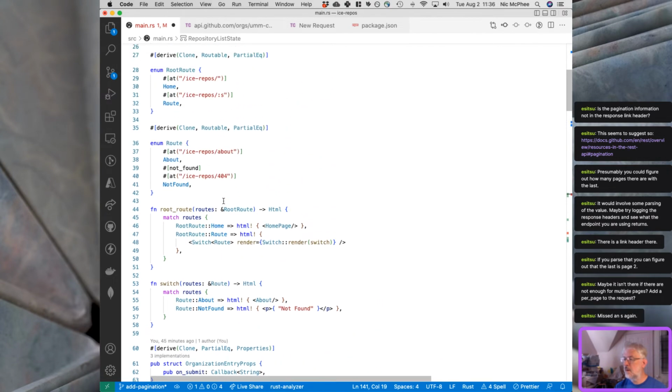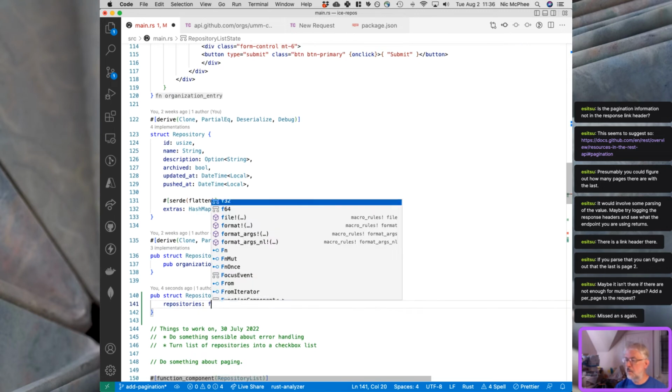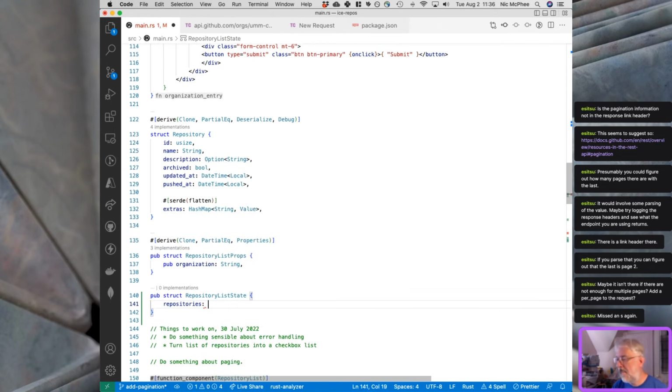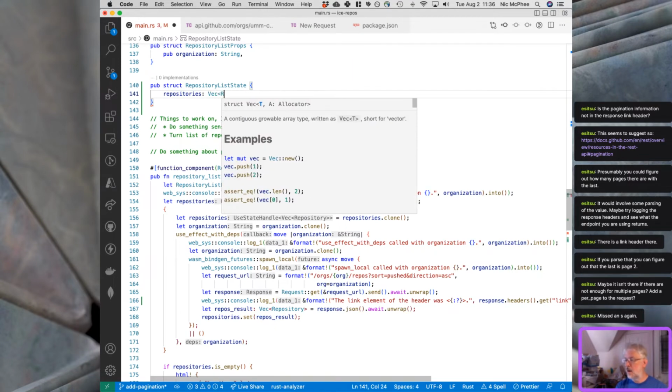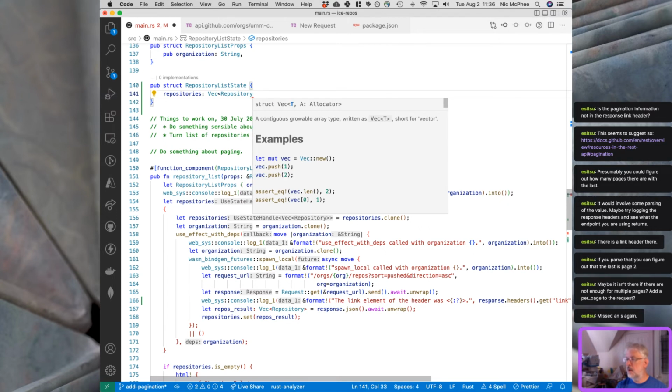I was thinking there was a vec of repositories somewhere, but I could be wrong. So it is going to be a vec of repositories, right? Because we, yeah. So Vec<Repository>,